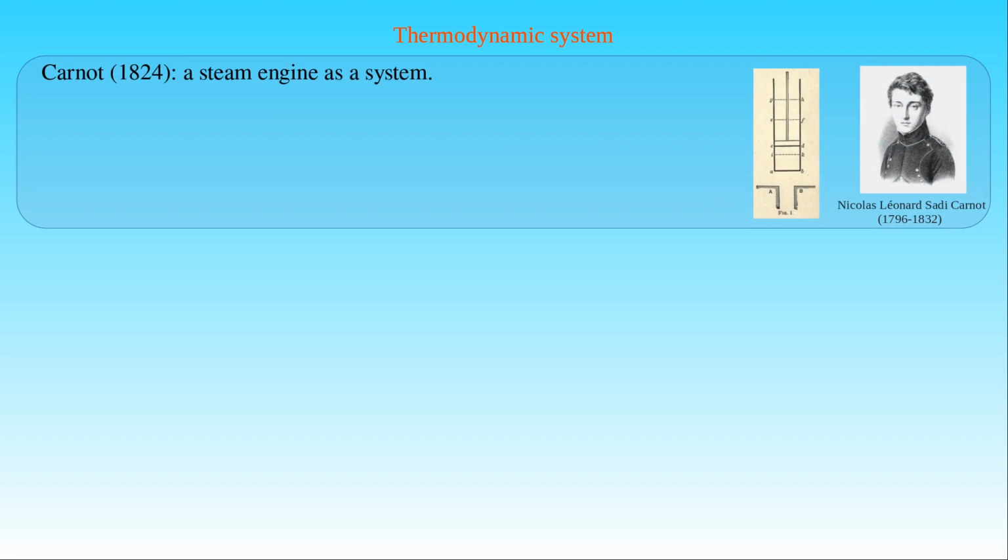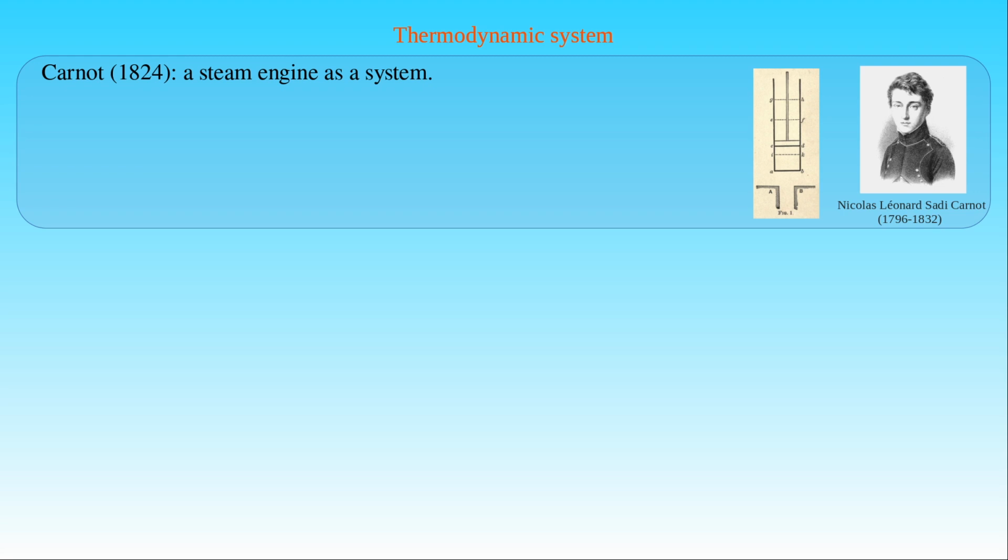The birth of the concept of thermodynamic system can be dated back to the activity of Nicolas Léonard Sadi Carnot, a French mechanical engineer who studied steam engines and tried to improve their performance. We have already seen that steam engines are able to do work when heat is applied to them. That is, a high-pressure steam is generated in such machines, which flows into a cylinder and pushes a piston, transforming heat to motion. In his book published in 1824, Carnot defined a theoretical heat engine shown in the cross-sectional diagram,